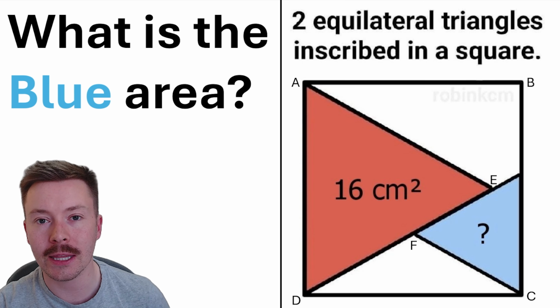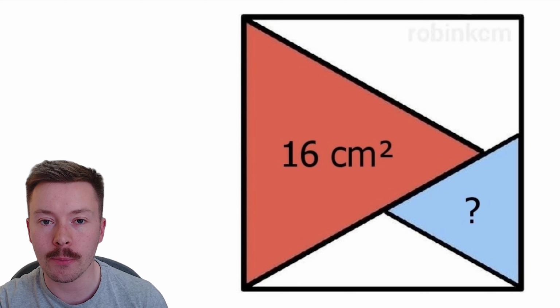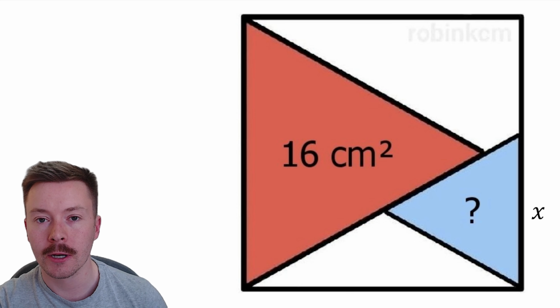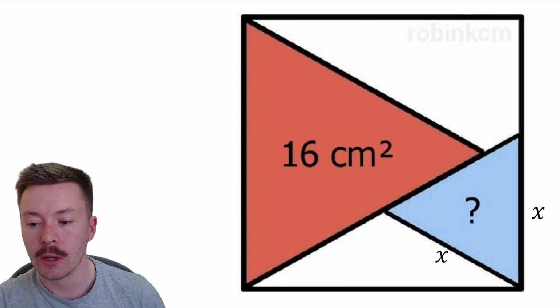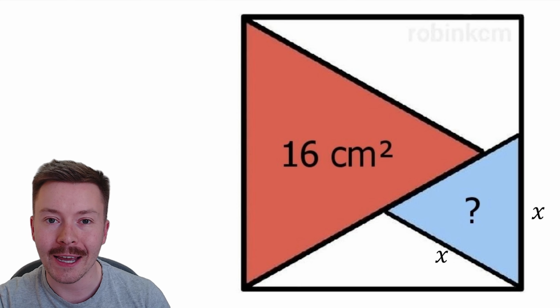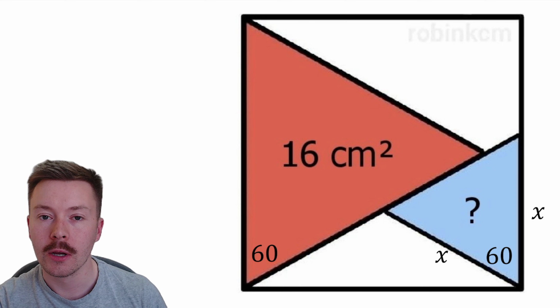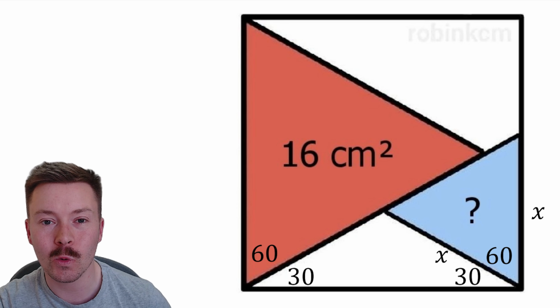Okay, so the first thing that I wanted to do is to label one of the sides of the blue triangle. So I'm going to call that X. Now, because it's an equilateral, this side is also X. From there, I'm going to look at the angles of the triangles and the square. Because they're equilateral, those angles are 60. Subtract those from 90 degrees, the right angles in the corner of the square, and we get these angles are